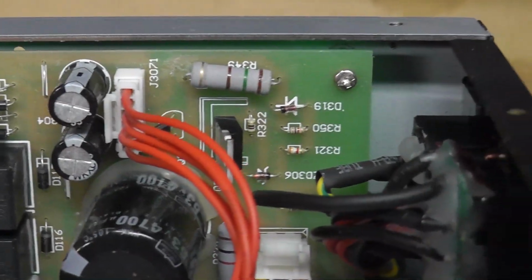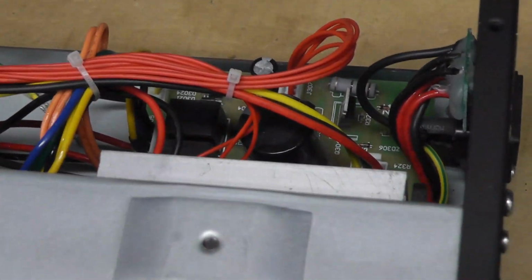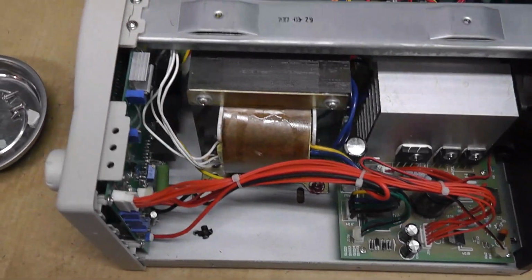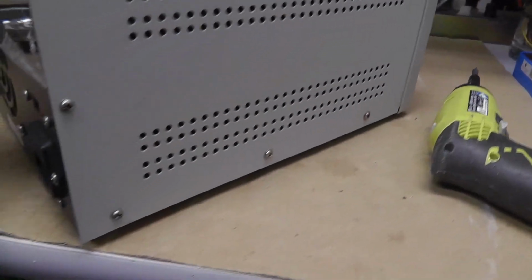I'm going to set this to the side for right now because I want to test the other one, but I might take this board off and test these caps as well. So we'll see. Alright, this is number 3, has the X on it, and this one, I was just looking at the back,